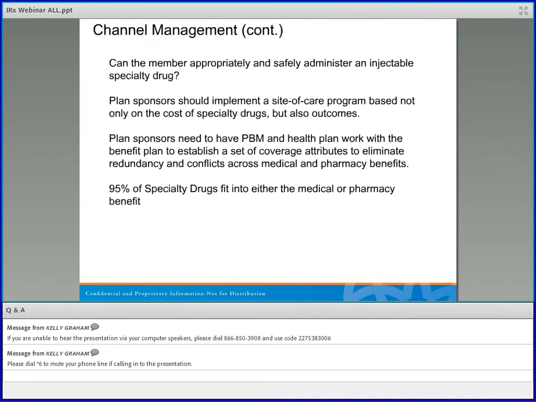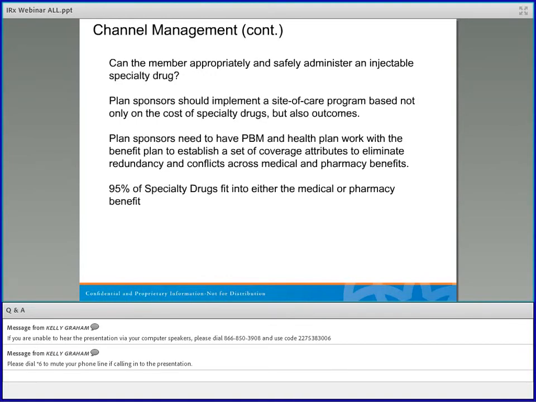And the thing is, for example, on a buy and bill program, I know a lot of times the PBM says it's always cheaper to do it on the pharmacy side as opposed to going through the doctor's office. And that may or may not be true. That's one of those things you need to look at to really determine whether channel management or site of care is really better. Maybe the physician's office, even though it may be a little bit higher, if the outcome you're getting is better, then it may be a better place for that member to get their drug as opposed to the pharmacy side.